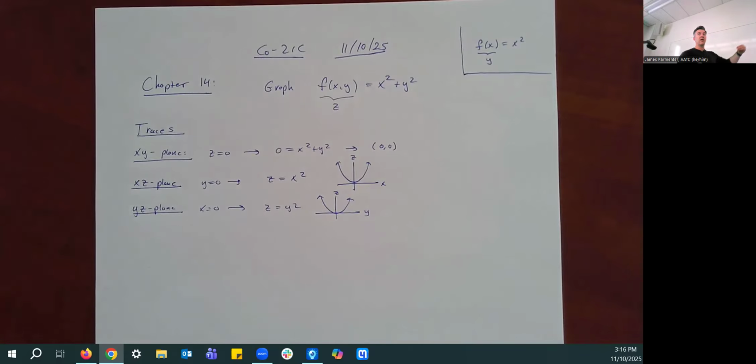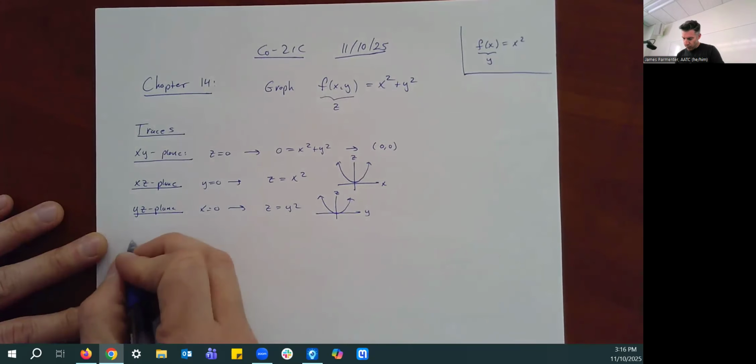So if you've ever looked at a topographical map, where you have the little different lines representing different elevations, that is exactly the idea of what we're doing here. When you talk about level curves, you're just talking about a curve that's always at the same elevation or height. So we might look at level curves